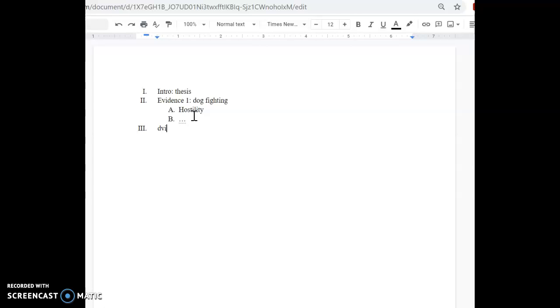Then this is going to be evidence 2, the second piece of evidence that you have. And remember to cite your sources when you're in there. So whatever I'm getting from that article or website or whatever, I have to cite it. So if dogfighting is one reason, for evidence 2, I might find some information that talks about them being guard dogs and how that leads to violence. And then I'm going to come down here and put my reasons A, B, and C,